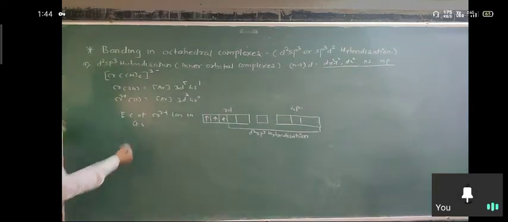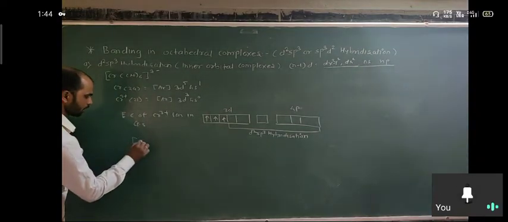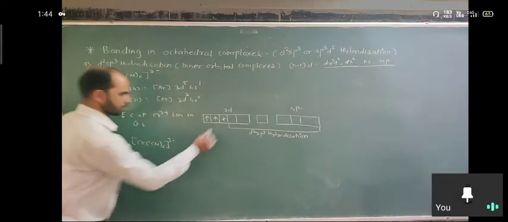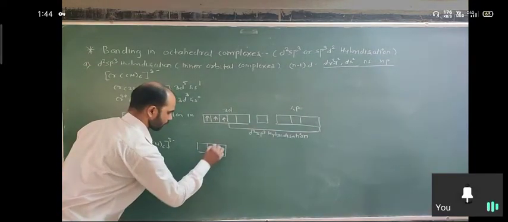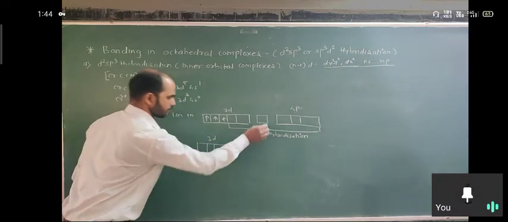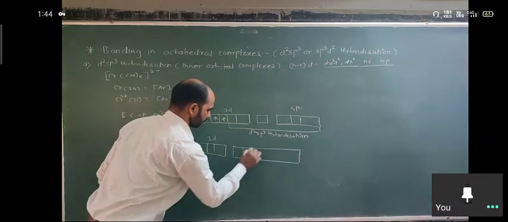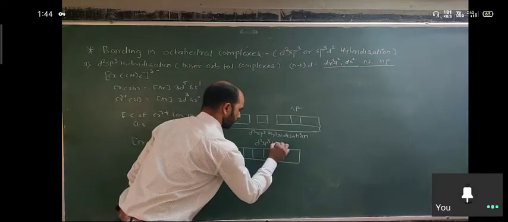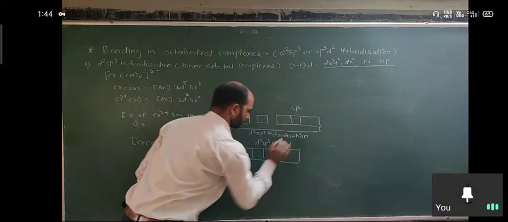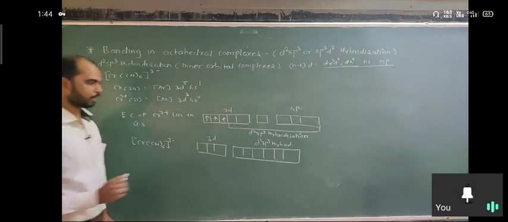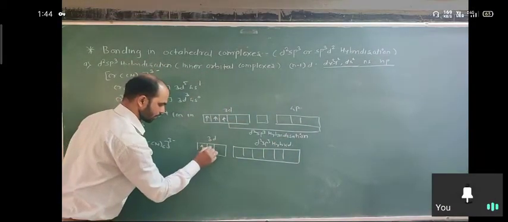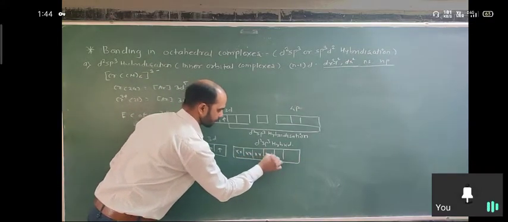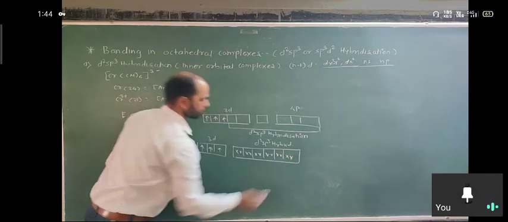d2sp3 hybridization. You can simply write the complex [Cr(CN)6]3-. So these 3 electrons remain here in 3d, and this is a set of 6 orbitals, and we call it the d2sp3 hybrid orbital. So there are 3 electrons here, and the remaining 6 orbitals contain 12 electrons from the 6